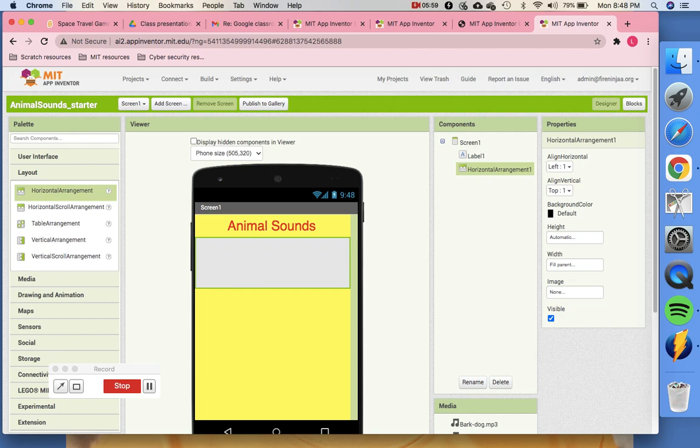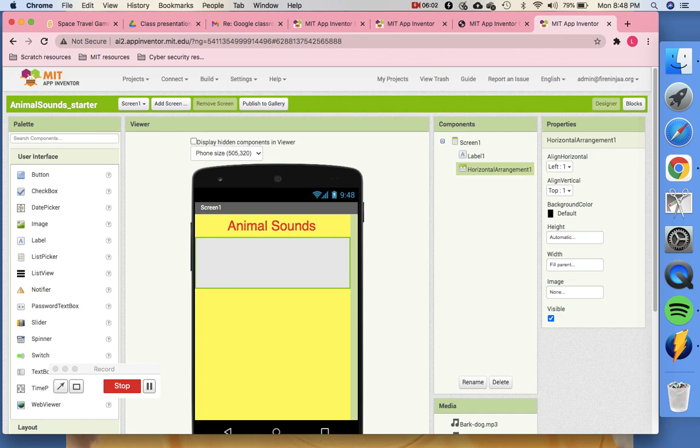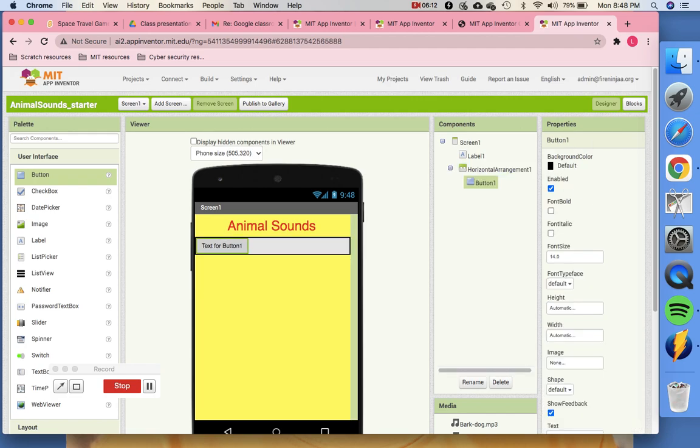So I'm going to go to user interface. If you remember, we will just put a button and directly make them click the button. I'm not going to write the name of the animal down. I'm just directly going to make them click the button. So I'm going to put 3 buttons here: button 1, button 2 and button 3. Now you see slightly this button is going out, which is fine, it will come properly on your phone.